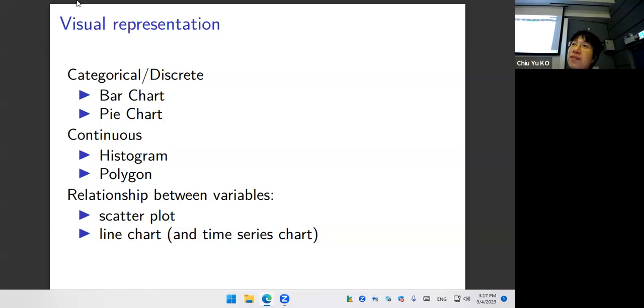If the data doesn't show up, if your result relies on some complicated analysis to show it, probably people would not be that convinced, right? Unless you are well established, right? You say, okay, this data doesn't seem to be right, but trust me, I put it in a black box and it produces something to be trusted, okay? If they trust you, that's fine. If they don't, then probably you don't win their support, okay? So hopefully your data will tell the main story. The statistics is just trying to support your finding.